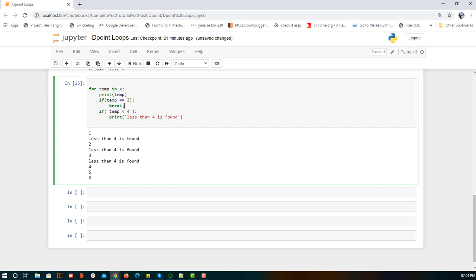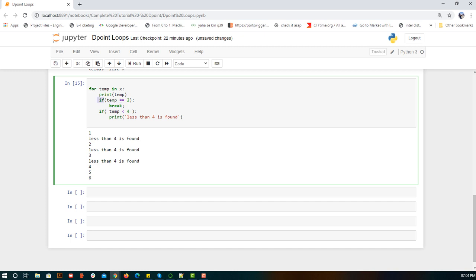So what's happening is, let's execute it line by line. For temp in x, 1 will come, and 1 will be printed. Is 1 equal to 2? No, so it will skip this and go to the next if, where I am saying temp is less than 4. 1 is less than 4, yes, so this will be executed. Now the for loop executes again, and this time it is fetching 2, so print 2, temp value is 2. Now 2 is equal to 2, yes, so break means what will happen is we have written the if in which loop, in the for loop.